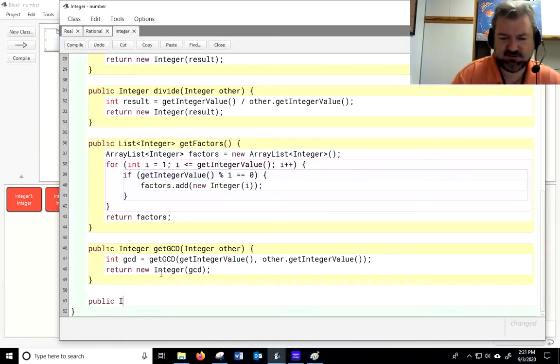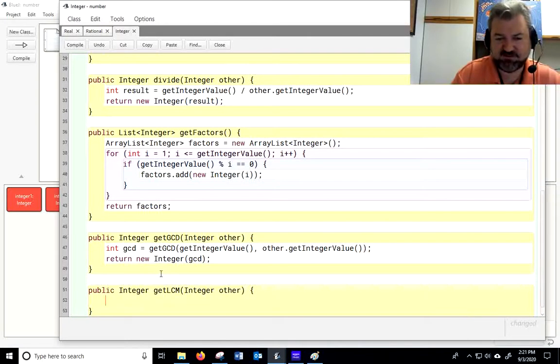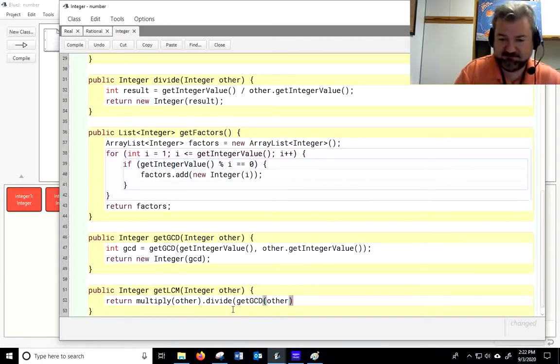See, public integer, get least common multiple between this integer and some other integer. And I can do that by saying return, I'm going to say multiply this. So remember, there's an implied this here. Multiply this integer by the other integer, then divide by the get GCD of that other integer. Now that is probably a little confusing because I'm doing a lot on one line, but